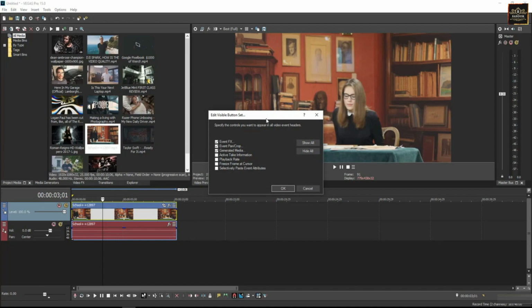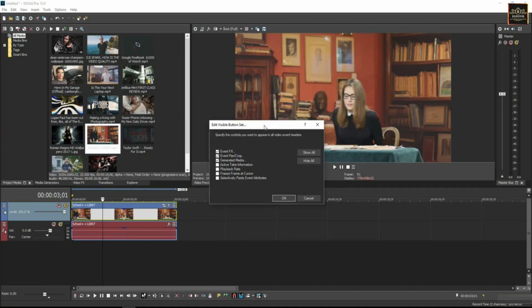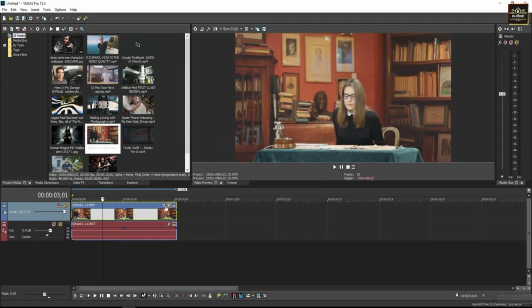This is a new feature of this Vegas Pro 15 software. This feature actually helps us to clean our workspace. This time I check this Event Pan/Crop and hit OK. Now click on this Event Pan/Crop icon